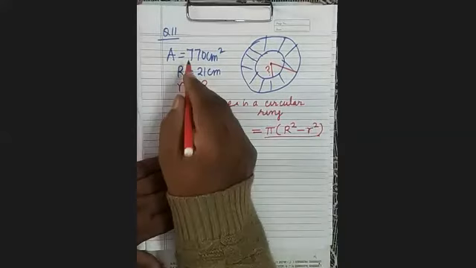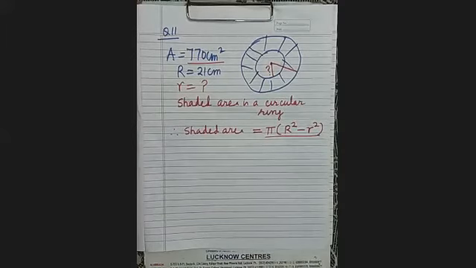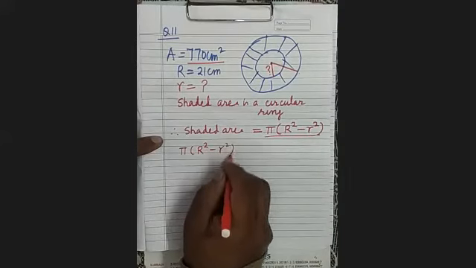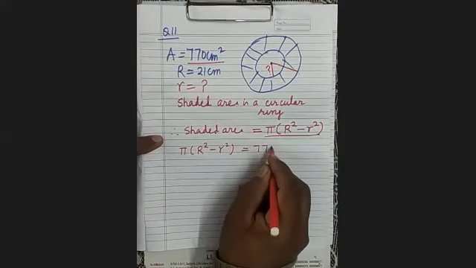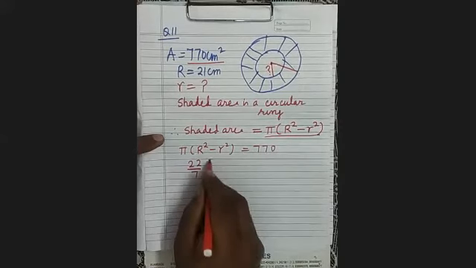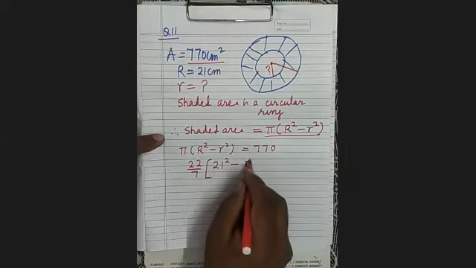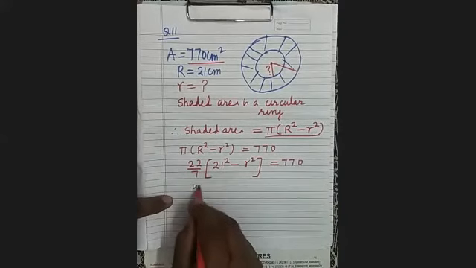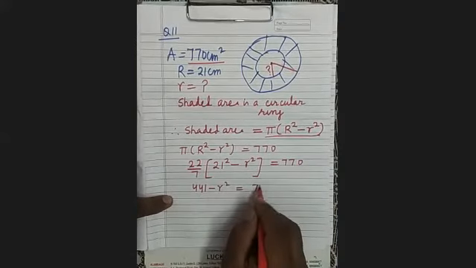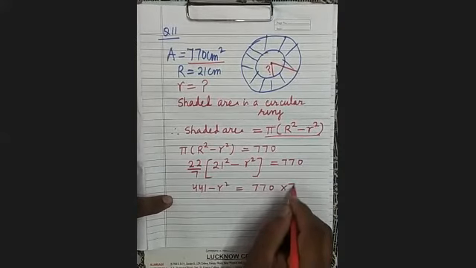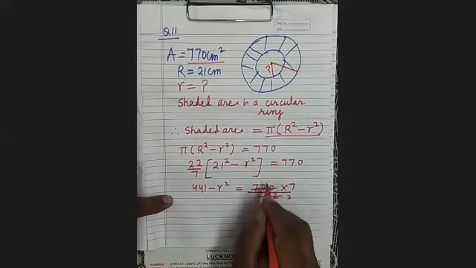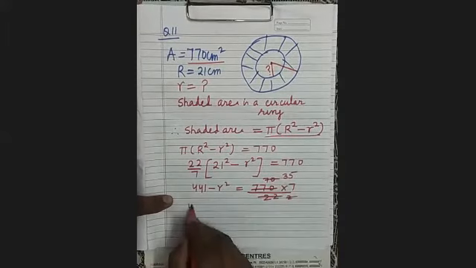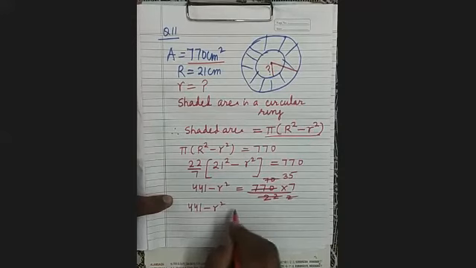ये वैल्यू 770 के बराबर है. So you can put, substitute 22 upon 7 capital R is 21 square minus small r square equals to 770. So it is 441 minus r square equals to 770 into 7 upon 22. 11 2 ja 11 7 ja. It is clear? So it is equals to 35. So 441 minus r square equals to